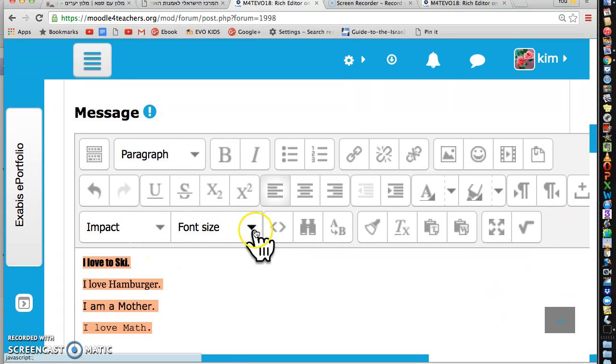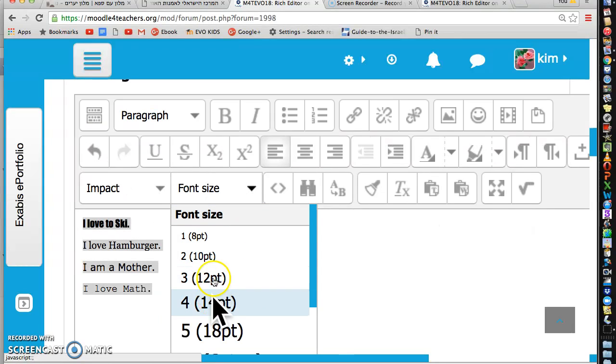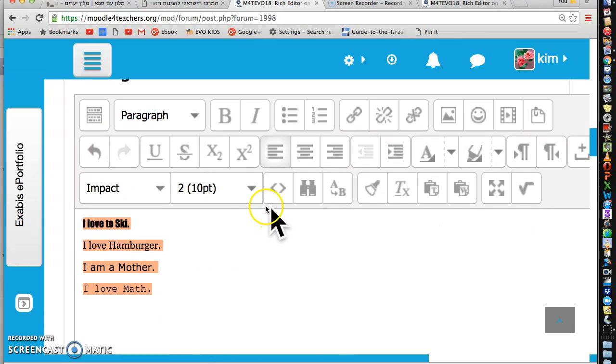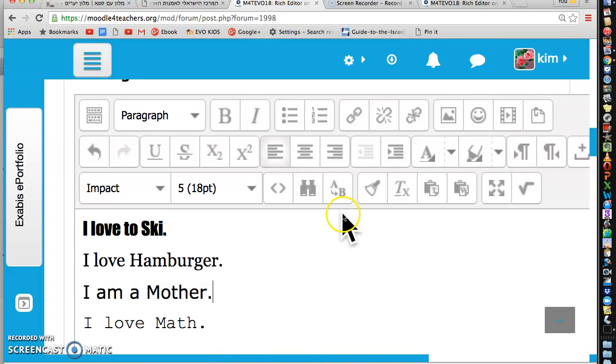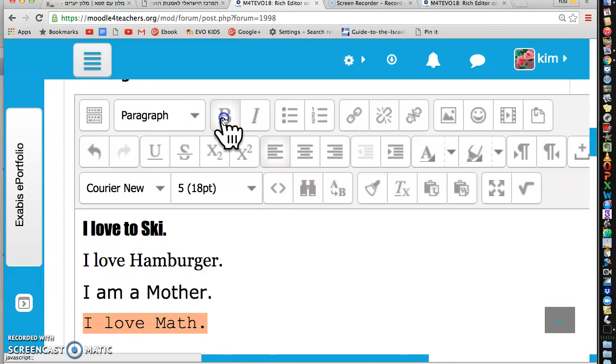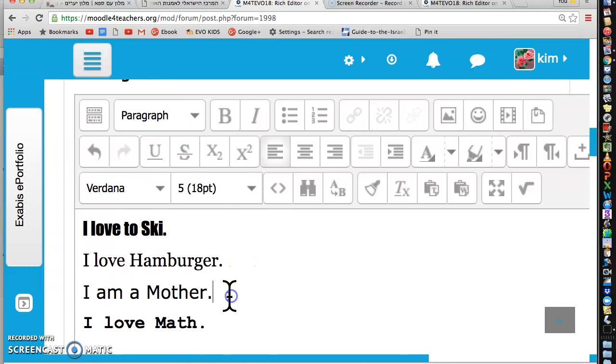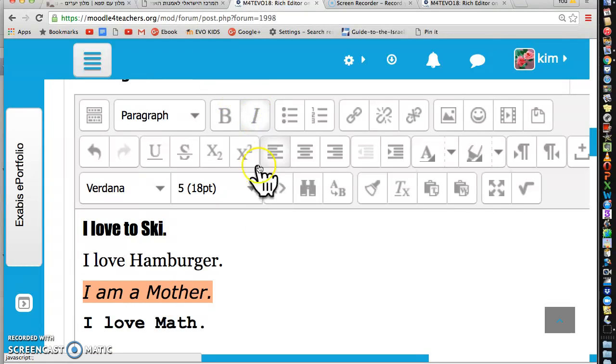Okay. Now font size. I could change it too. I could make it really tiny. I could make it big. I like it big. And what we're going to do now is we're just going to look, going from the left all the way to the right, and explore. And then we'll play with it. So I'm going to take I love math. I'm going to bold it. I'm going to take I am a mother and indent